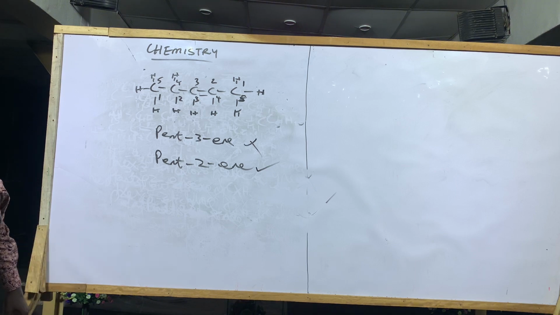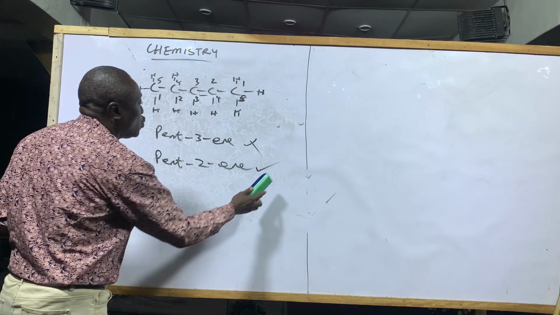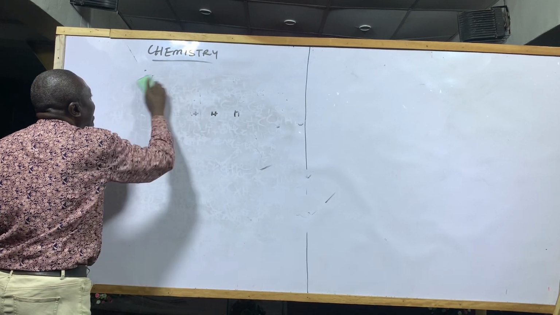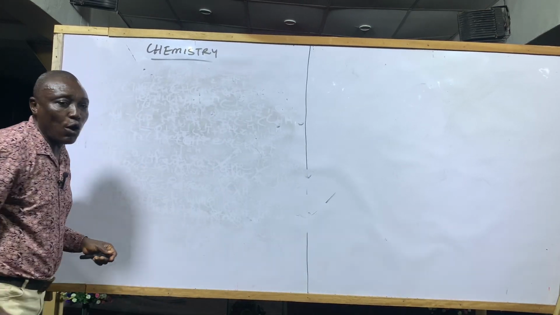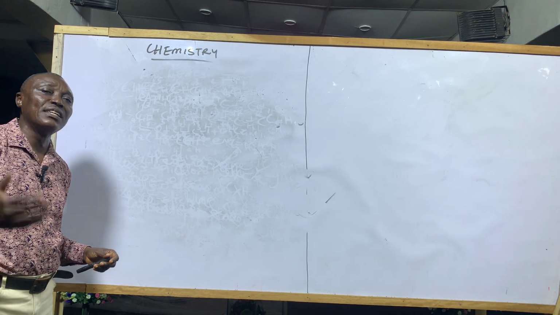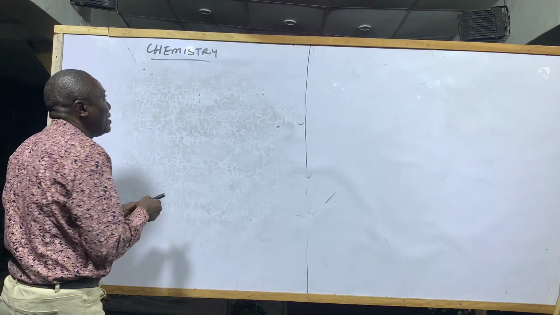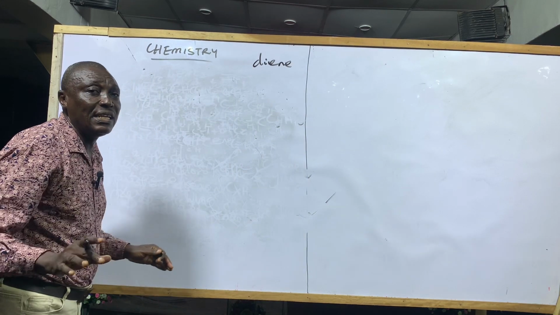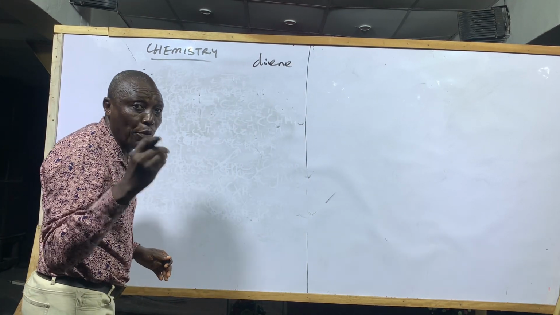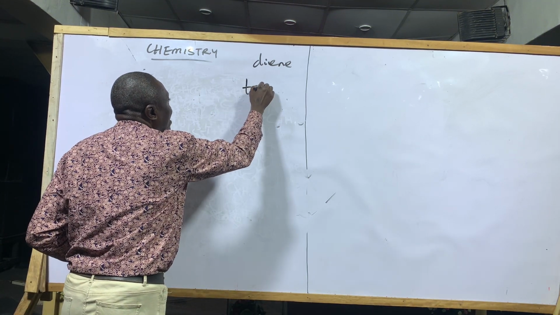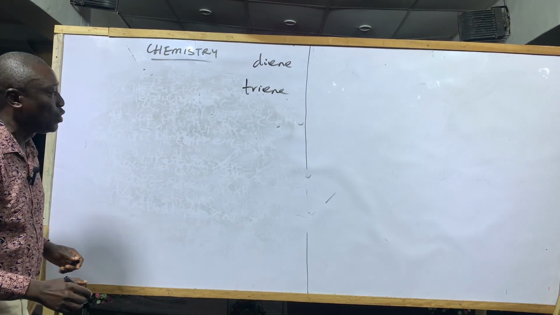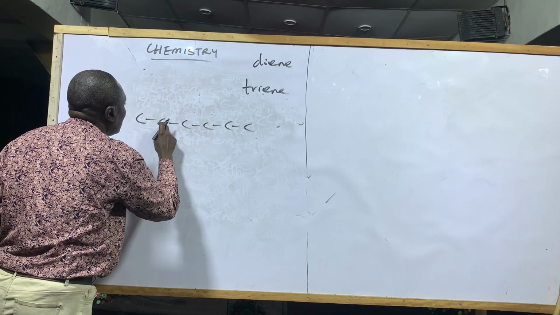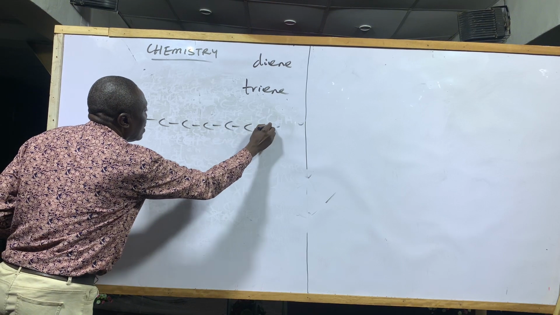Now, in a case where you have 2 double bonds in a compound, an organic compound containing 2 double bonds is a diene. A compound containing 3 double bonds is a triene. So if you have a compound like this, with 7 carbons,